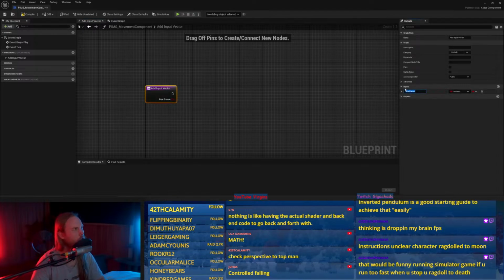Is it going to accumulate? I guess it's really set input vector. Does it need to be 3D? Probably, I don't know.